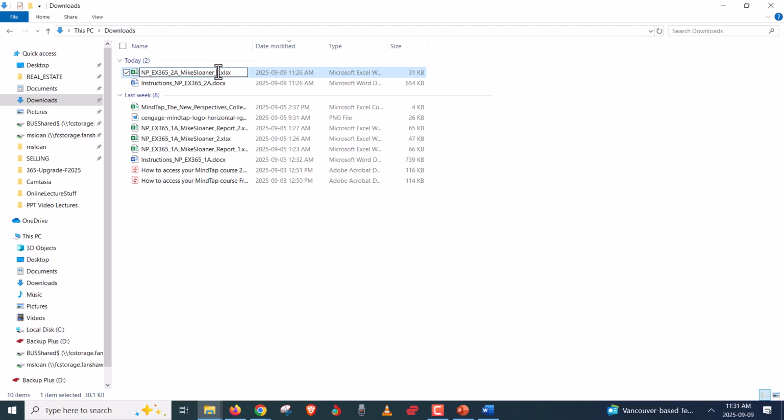All you do is change the 1 to a 2. You don't add a period. You don't take away a period. You don't type out the extension if you don't see the extension. You just change the 1 to a 2 and then open the file and go back to the instructions and